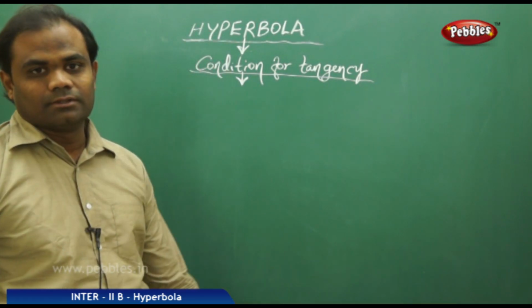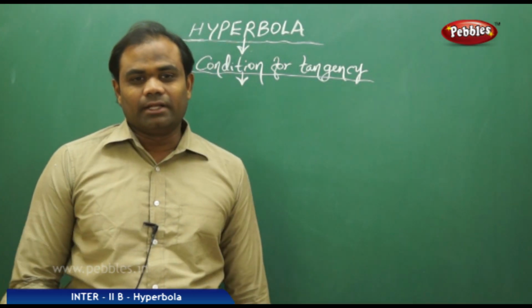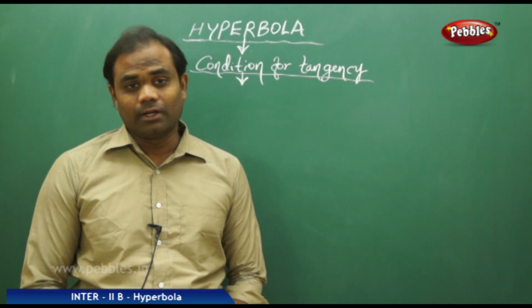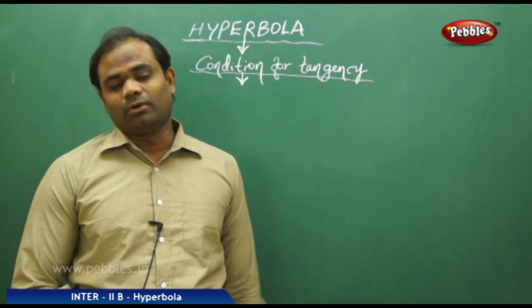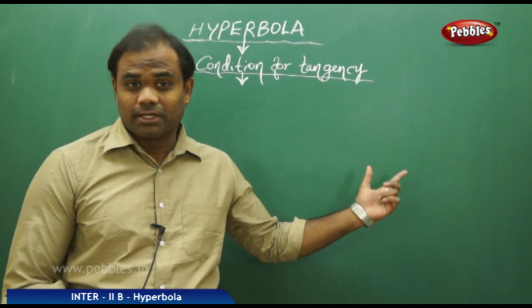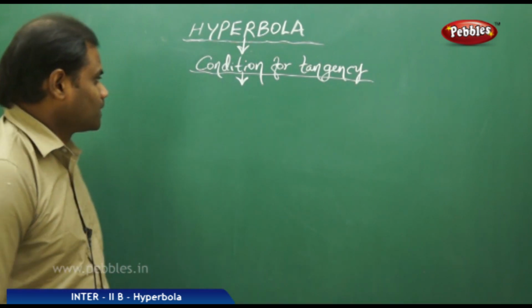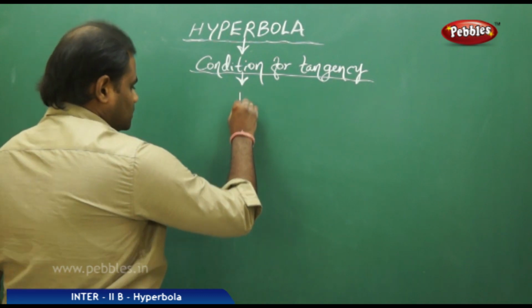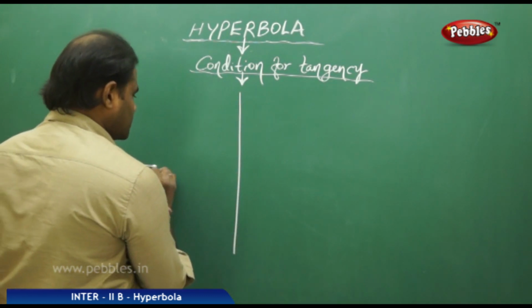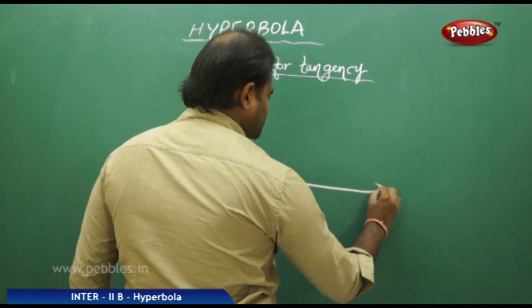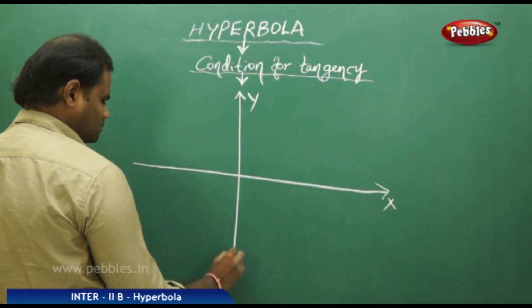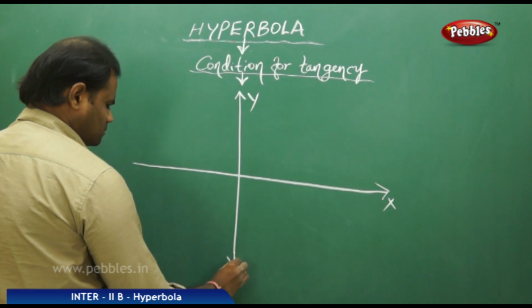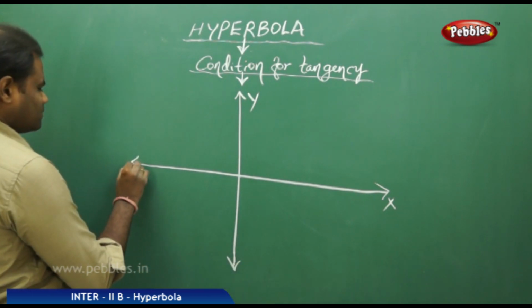Condition for tangency. What is the condition for a line to be a tangent to the hyperbola? Or what is the condition for a line to touch the hyperbola is what we're going to discuss in this session. So the condition for tangency is related with the standard form of hyperbola, which I take out here with x and y, and then this,